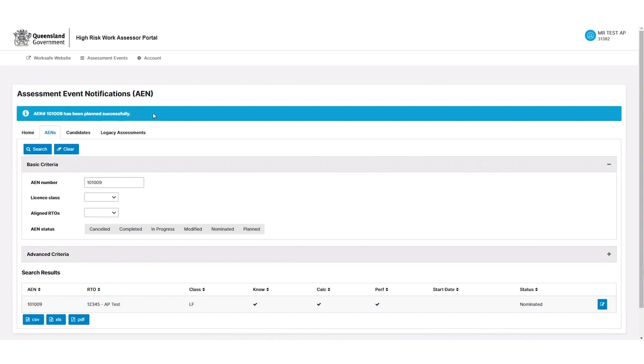Keep in mind that under 18 candidates and expiring candidates can be added to assessment events by an RTO. The validation will control and make sure that those candidates are active and not expired, or are over 18 at the time of the assessment, depending on when the assessor adds the planned times and dates.